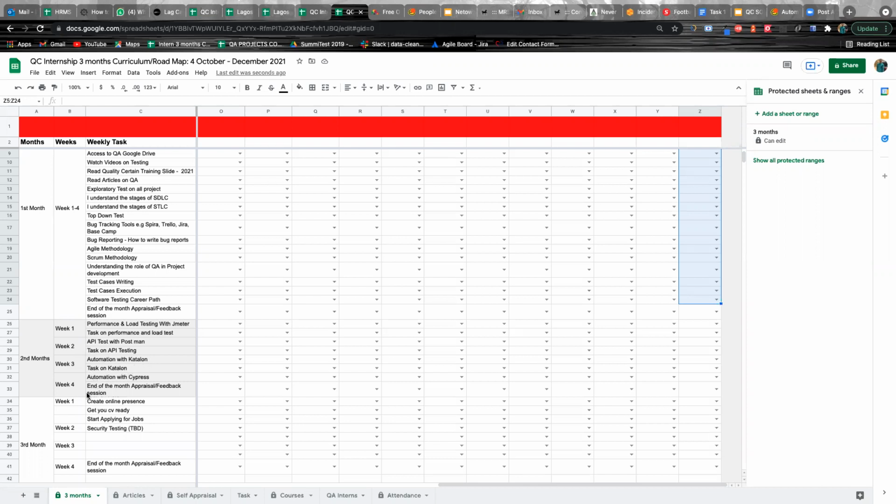Then the last week, we'll be performing automation with Cypress. Also embedded in this month, we'll be having more experience on how to use more automation tools, not just the ones listed above in the sheet. Then the third month, we will be getting you prepared for online presence.